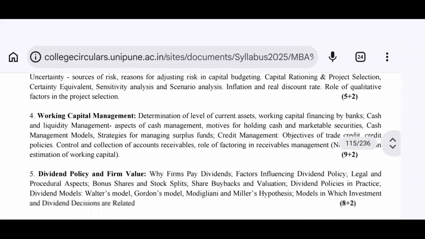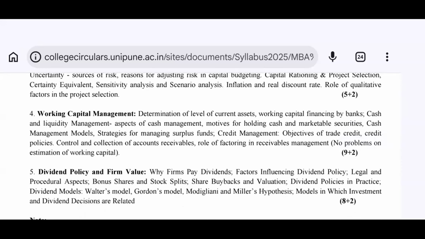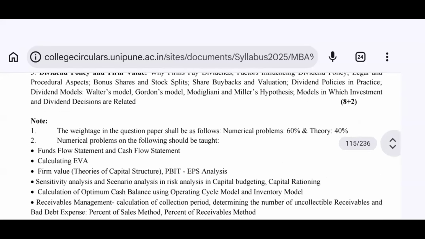The next part, or the fourth unit, is working capital management. Now, if you just highlight the last part of this unit, they have strictly mentioned that no problems on working capital estimation will be asked. So in the fourth unit, we have working capital management, maximum theory part. Again, if you just scroll down,